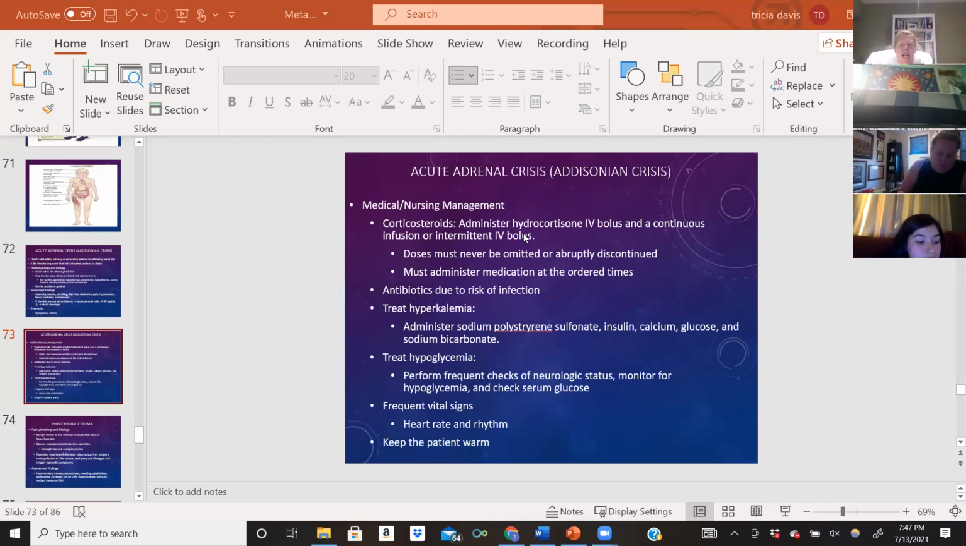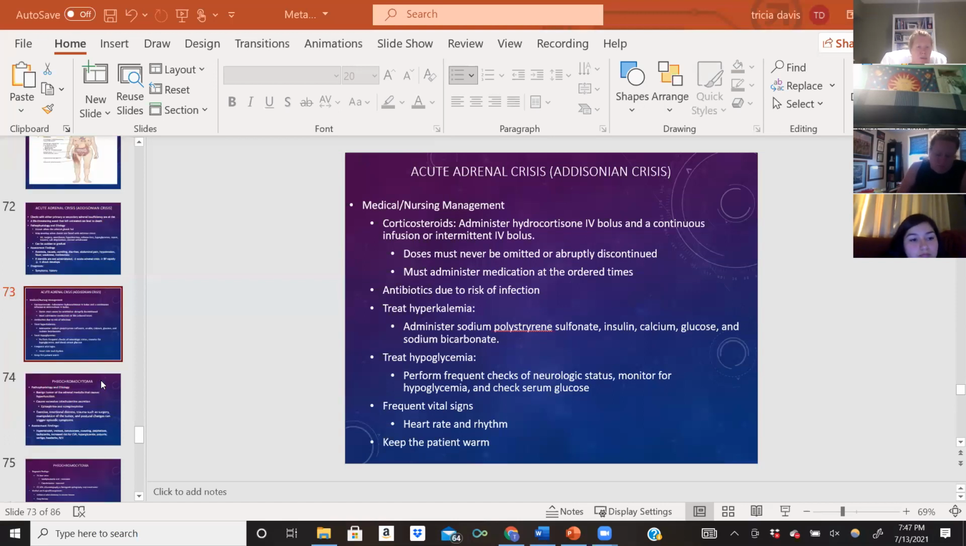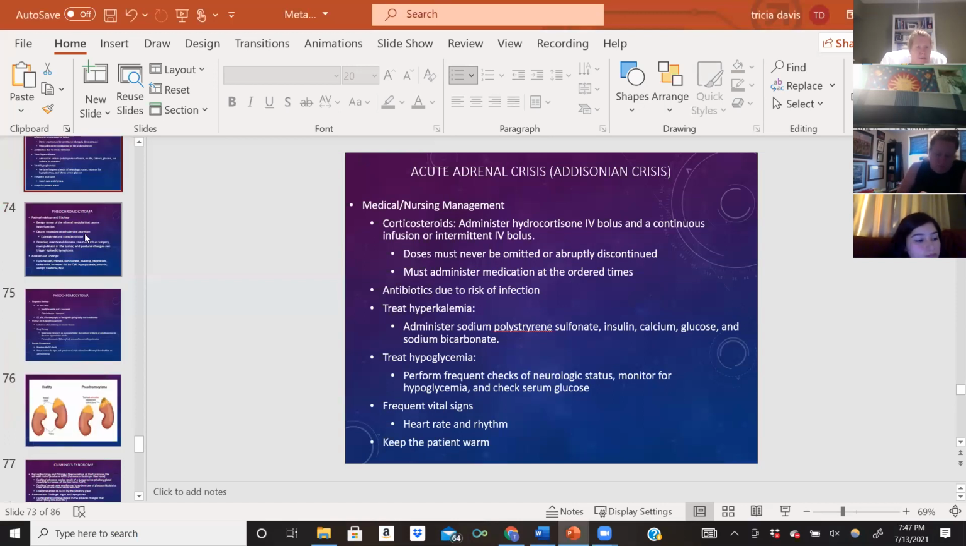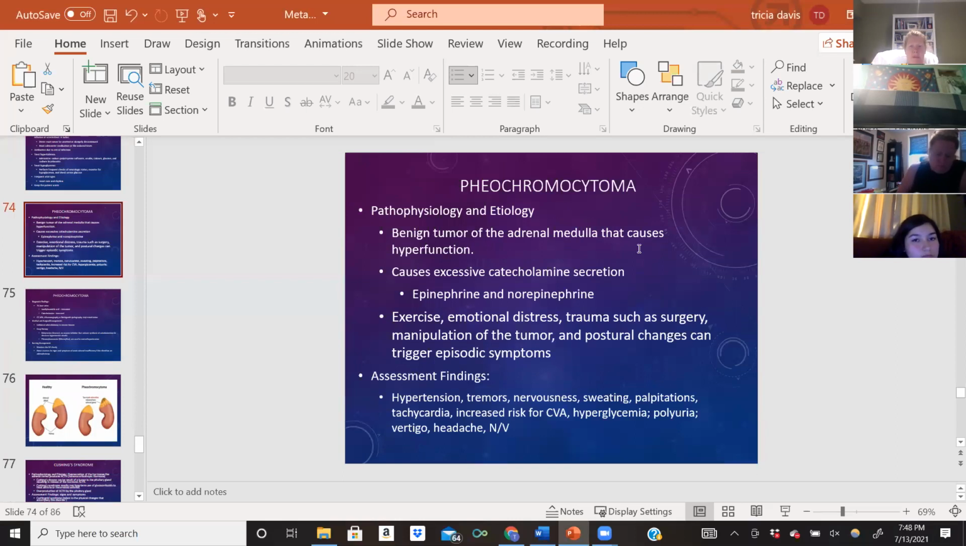So yeah, check their neurological status, monitor for hypoglycemia, check their serum levels of glucose. Frequent vital signs, we're going to be monitoring their heart rate and their rhythm, and then we're going to make sure that we keep them warm. Lots of warm blankets. Okay, so